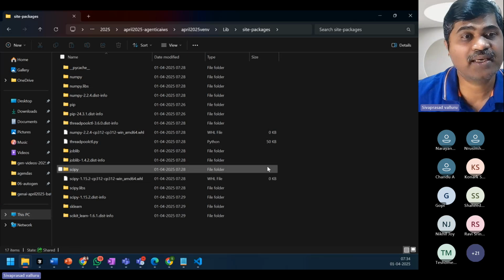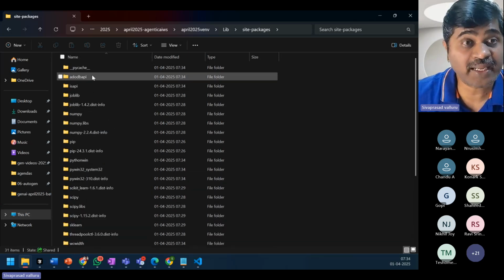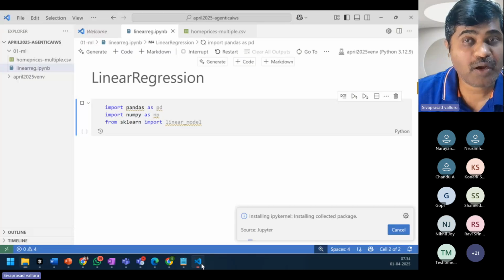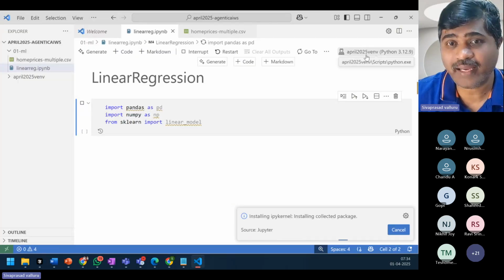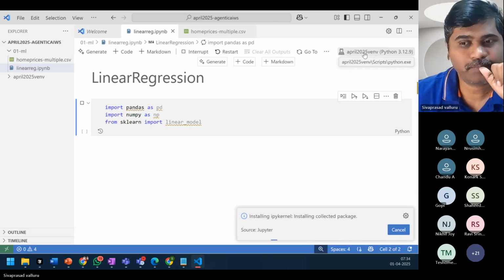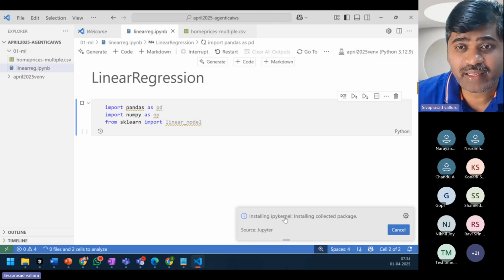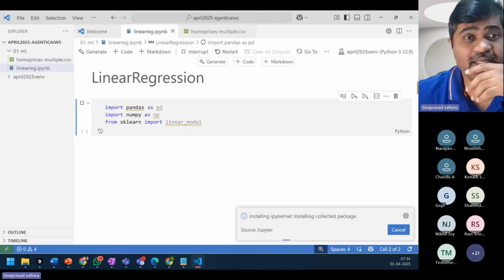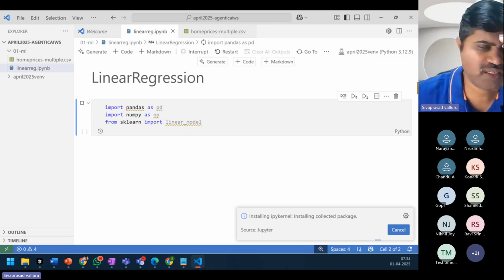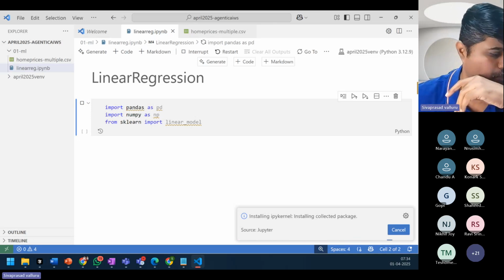Now you can see here in this virtual environment, some other libraries are getting installed. Because see, I selected this kernel, right? Whatever it is installing right now, it gets installed into this virtual environment only. Okay. So it will take some time. We'll just wait until this ipykernel is installed and it is ready. Let us wait. Just a few more seconds, 10 to 20 seconds it will take.